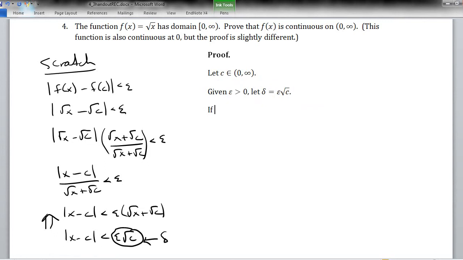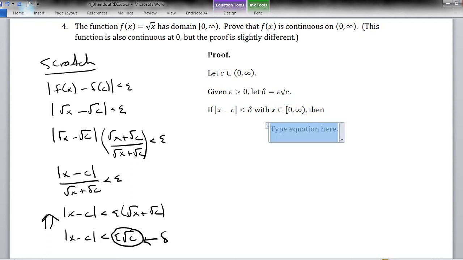Then if the distance from x to c is less than that delta, and we also want to make sure that x is in the domain of our function, then